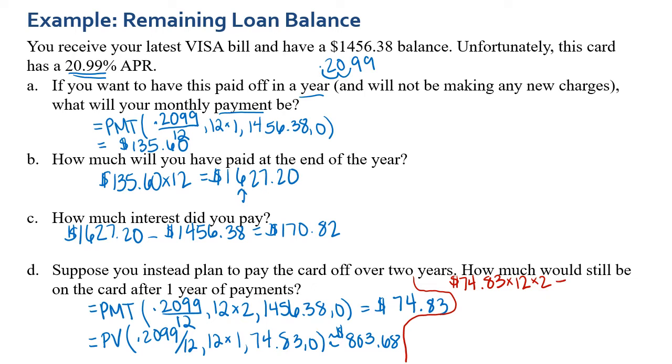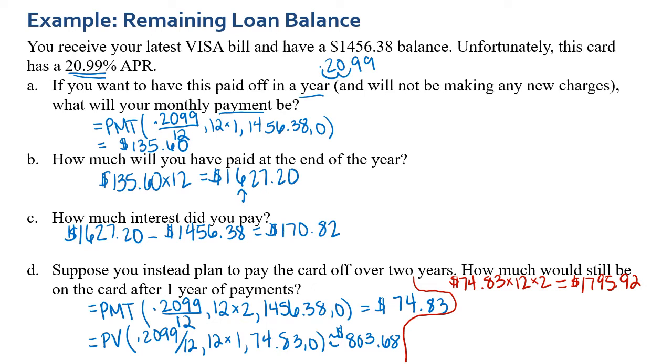So that ends up becoming $1,795.92. So if you pay this out over 2 years without charging anything else to the credit card, you'll be paying a total of